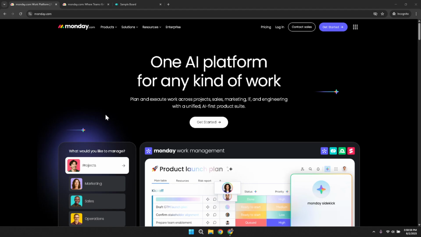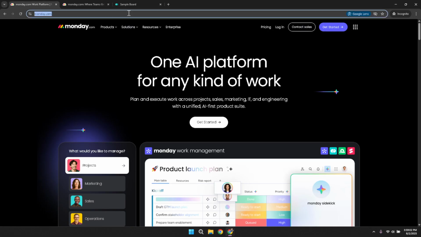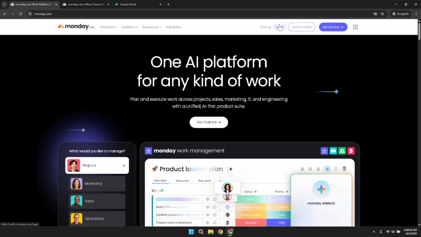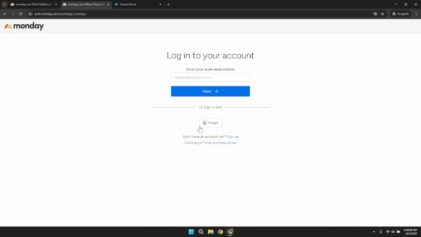Once you're there, you'll see the homepage with options to explore their offerings or jump straight into logging in. Click on the Login button, which you'll find prominently displayed at the top of the page. You'll be directed to a login interface with several options. Choose Google to conveniently sign in using your Google account. This method is often preferable as it saves time and keeps your login information secure. Select the Google account you wish to use, and with a few clicks, you're signed in and ready to explore